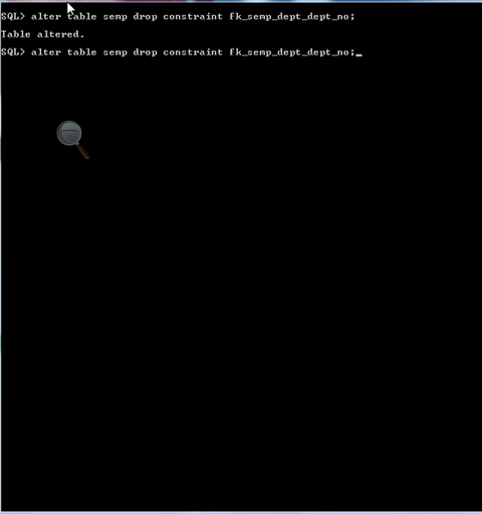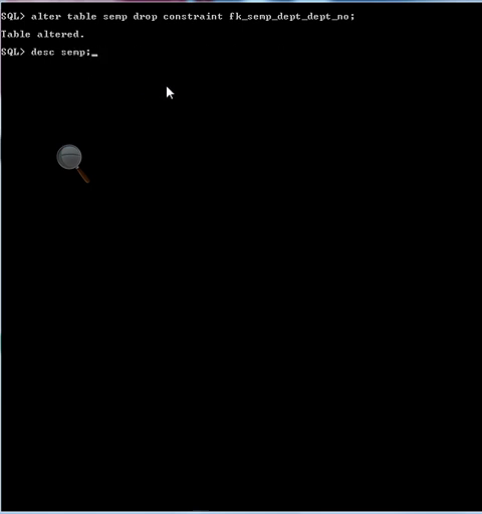Consequently, we can alter the check constraint also. Okay, so what was the name of the check constraint?